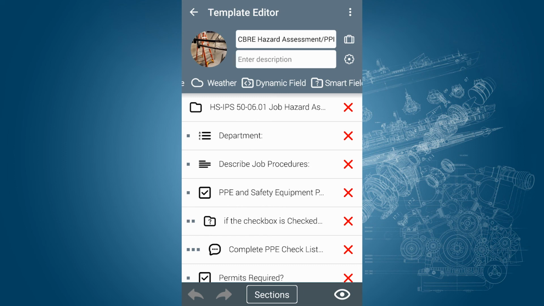You can put that whole question block in a dynamic field, and whenever someone answers it, if they have to do it for another set of equipment, they can just push add equipment, and then those same questions will come up. The smart field is really cool, and this is what makes it really robust and really customizable,